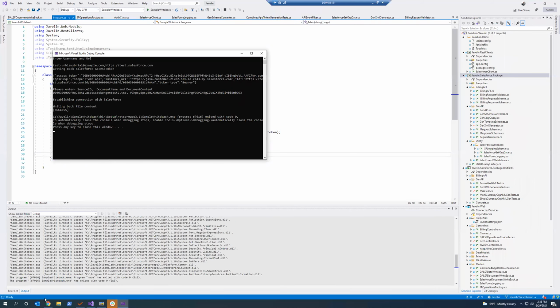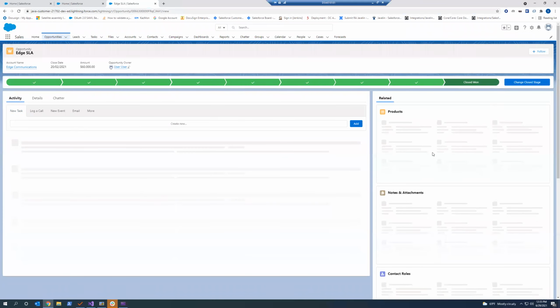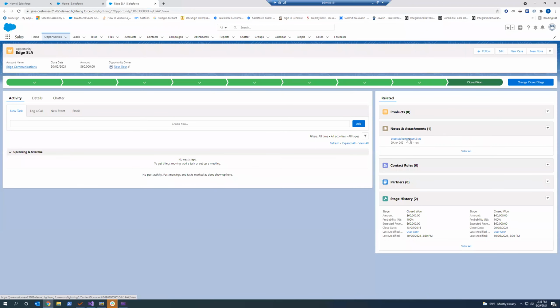If we go back to this source ID, which in this scenario is Edge SLA, you see there is nothing in notes and attachment. Once we have the access token and the instance URL, you can see the same file is written somewhere else as well.